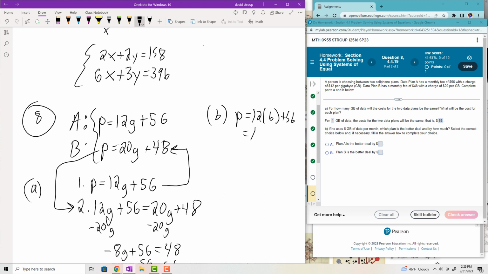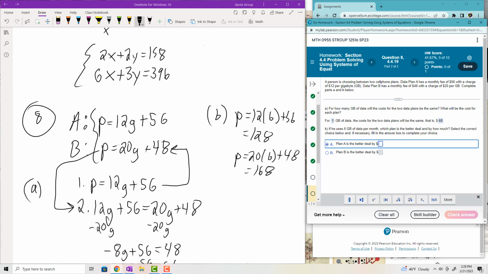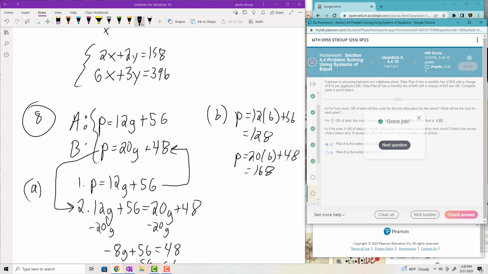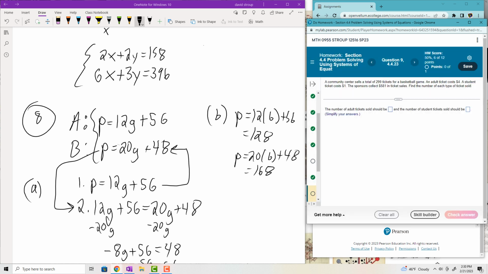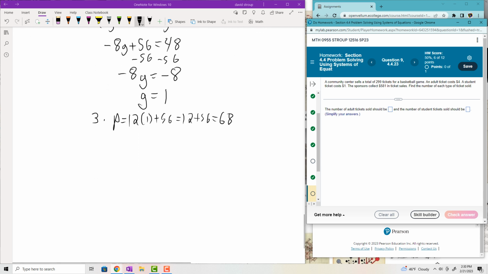I get 128 bucks. And then for plan B, that will be 20 times 6 plus 48. So 20 times 6 plus 48 is 168 bucks. So plan A is a better deal by 40 bucks. So you can use math to determine which cell phone plan you should go with. Question 9, the community center